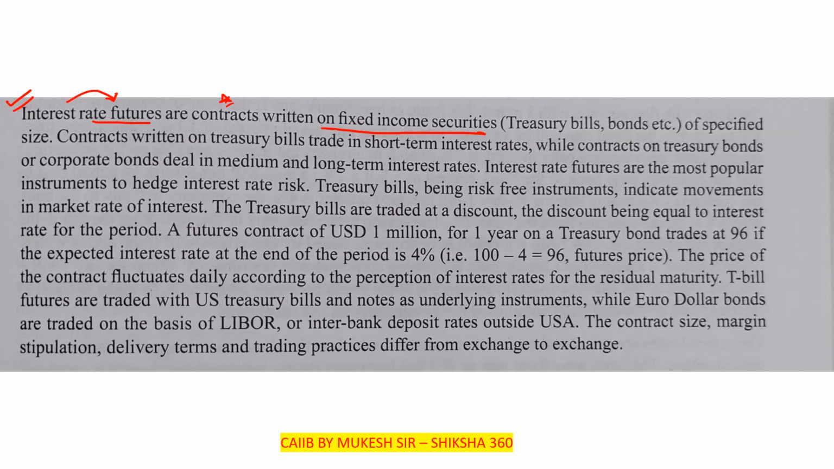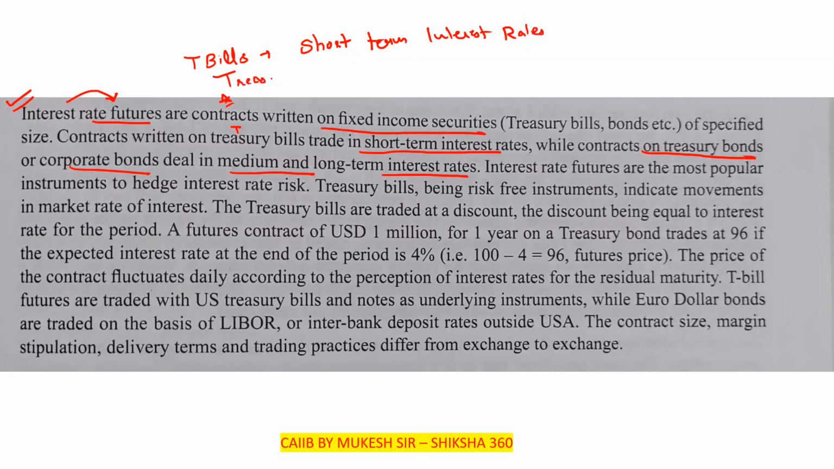Contracts written on treasury bills trade in short-term interest rates, while contracts on treasury bonds or corporate bonds deal in medium and long-term interest rates. So please remember that contracts written on treasury bills are short-term, while contracts written on treasury bonds or corporate bonds